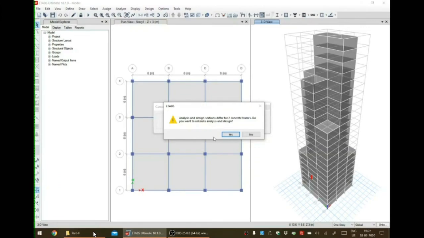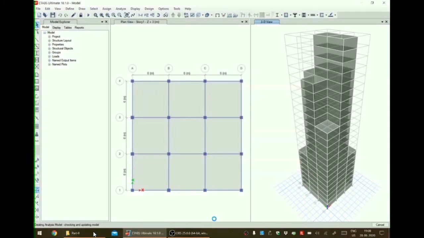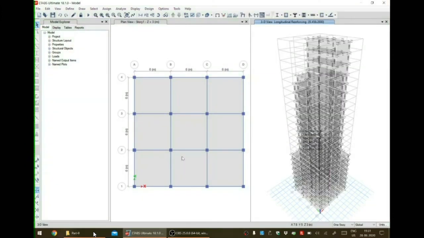So after the second round, still there are two frame elements which need reiterated analysis and design. We have to click yes again. So now the design is being completed.